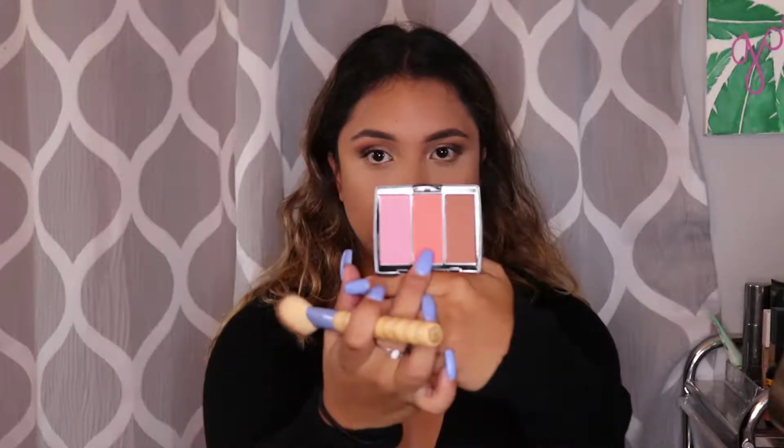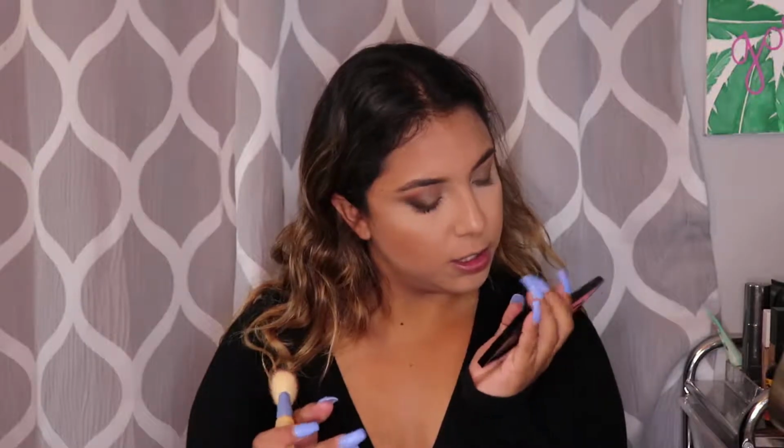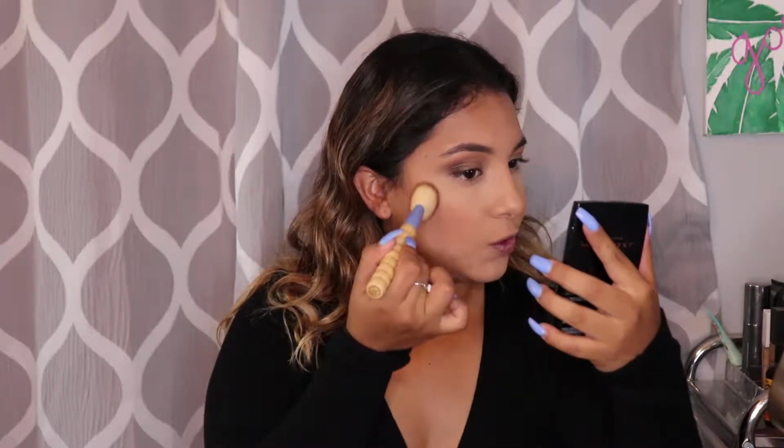So we good. Now I'm gonna try the Anastasia Blush Trio palette. And you guys, I've been loving, for some reason, these bright coral colors. And the only reason I got this trio was because it has this shade right here in the middle, and it's called Scorching. I don't know, my eyes have just been attracted to those colors lately, and I'm just living for it. I'm gonna tap it off and just,